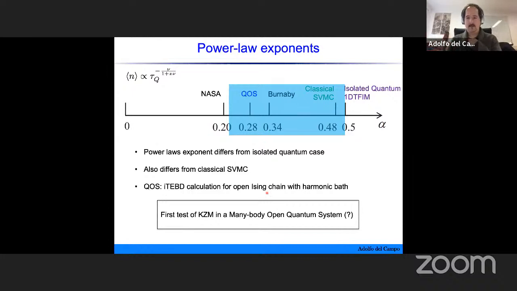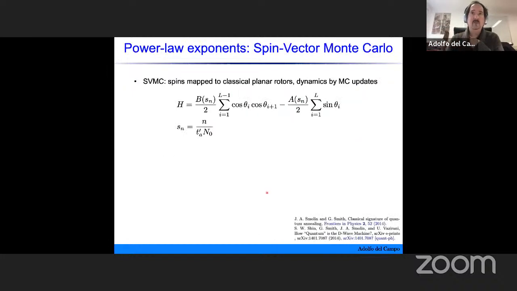So this will suggest that effectively, what we have is an open quantum Ising chain. This is completely natural given the kind of implementation we have, but it is still interesting to know where the behavior can be described in terms of a classical model. So the first attempt we did is to consider the spin vector Monte Carlo model, in which each spin